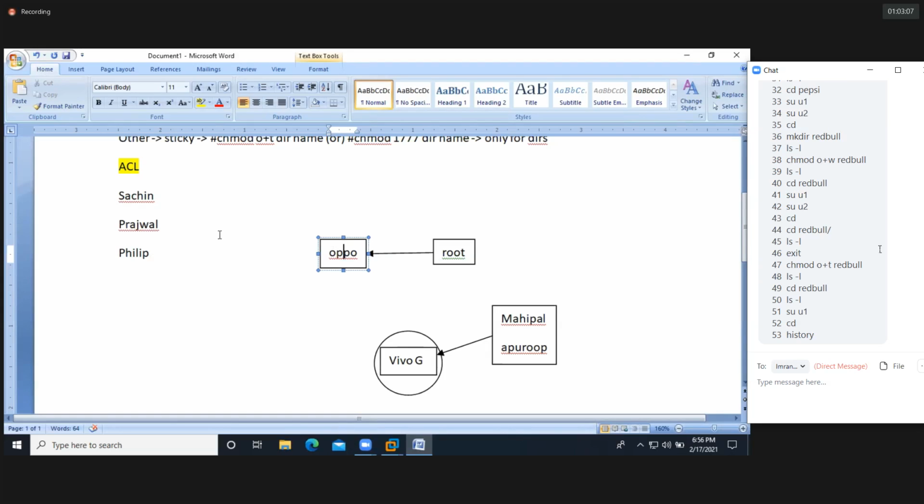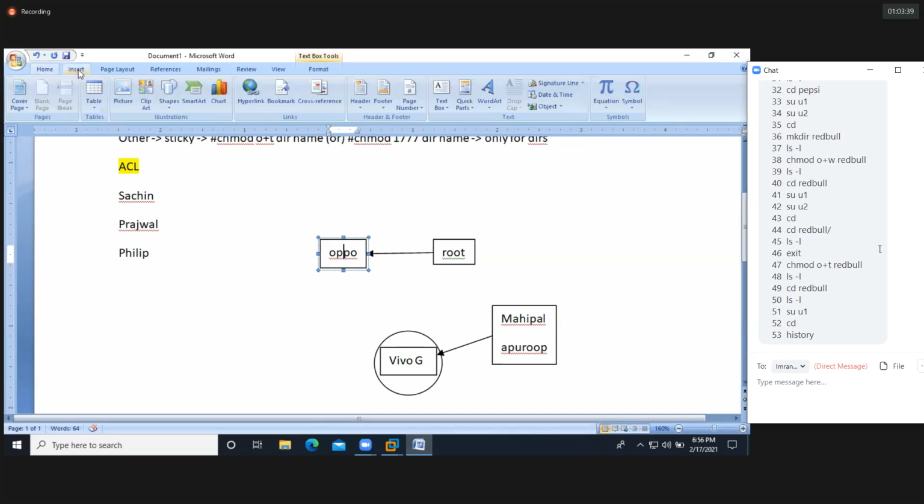This is called ACL, access control list. We are allowing access for someone. We are denying access for someone. Other users always don't have access to create files and directories inside the Oppo directory. But my intention is I need to allow a few people. I need to allow a few groups also.